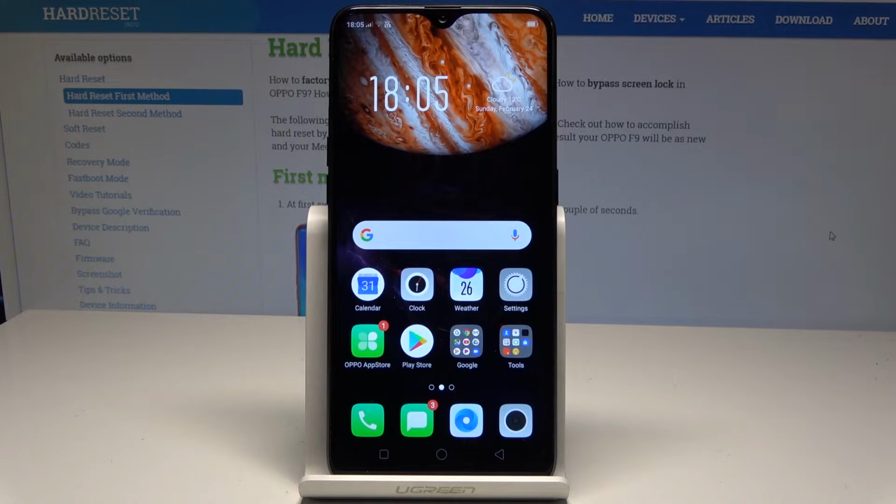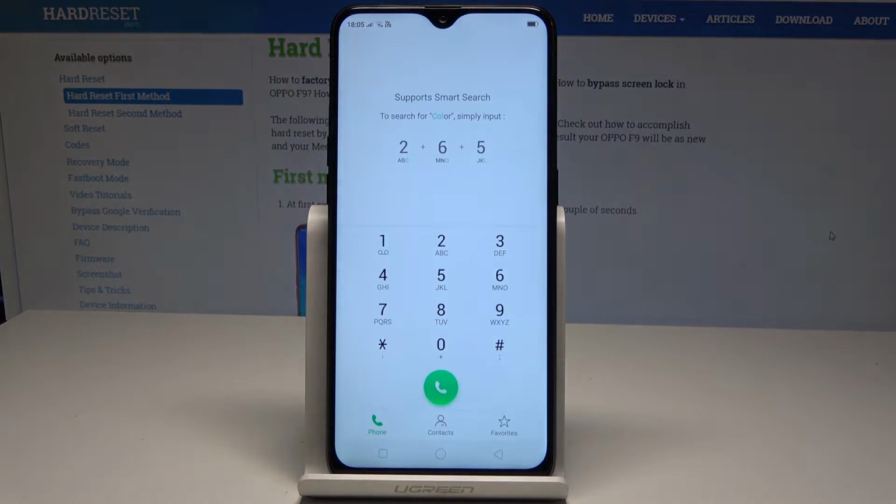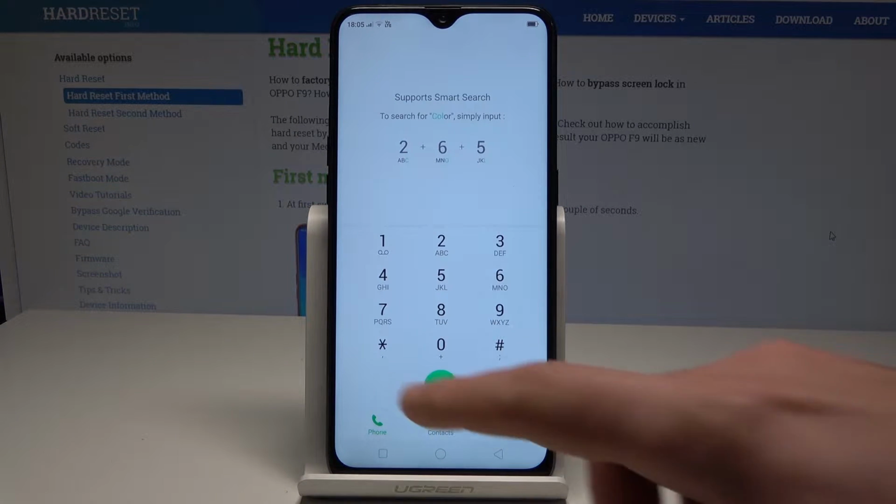Here I have OPPO F9. Let me show you how to use secret codes on the following device. So at the very beginning, let's start from the home screen. Let's open the phone's dialer and start with the manual test. So let's open this code